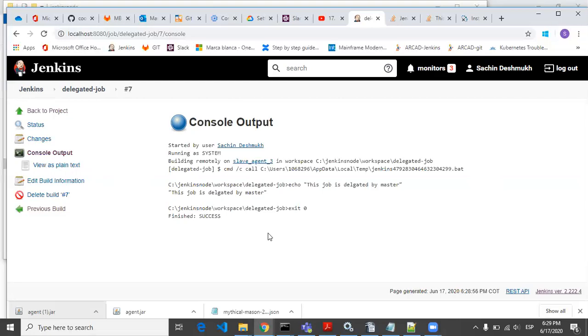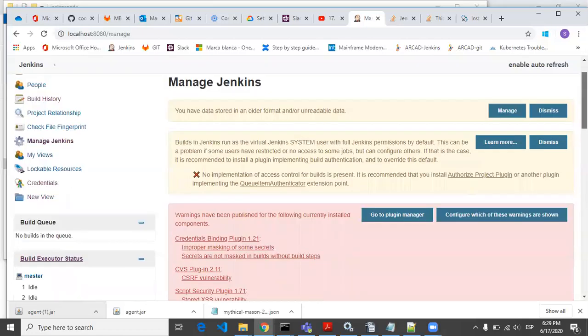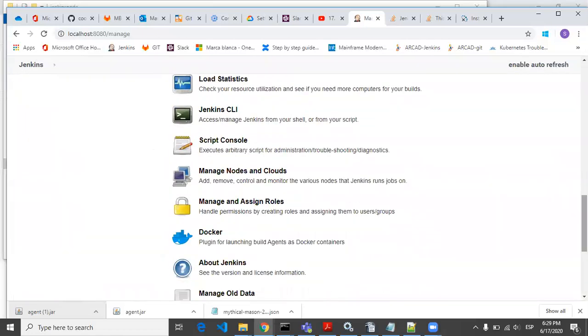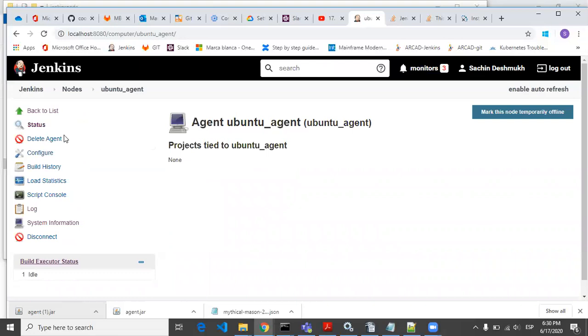Now how to connect to a remote machine and execute your job on that remote machine. For that, again we will go to Jenkins, manage Jenkins, manage nodes. I will click on this Ubuntu agent and click on configure.